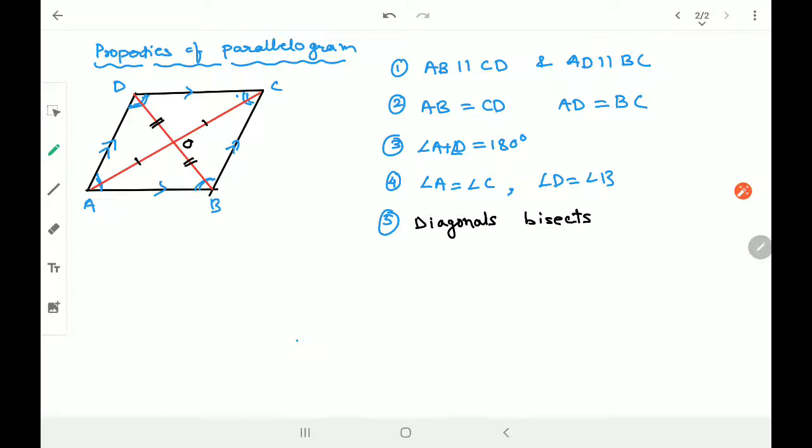I mean to say AC is not equal to BD. यहाँ पे मैं लिखता हूँ AC is not equal to BD, but क्या है, DO is equal to OB and AO equal to OC. मतलब they bisect each other. Okay, O is a midpoint of both the diagonals. I can say O is a midpoint of both the diagonals. That's it. So these all are properties of parallelogram.